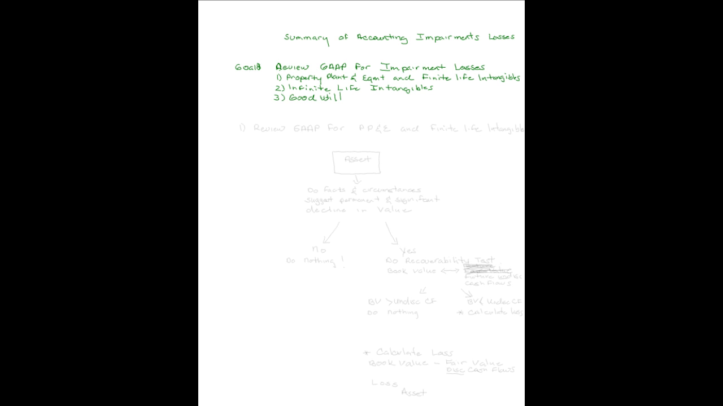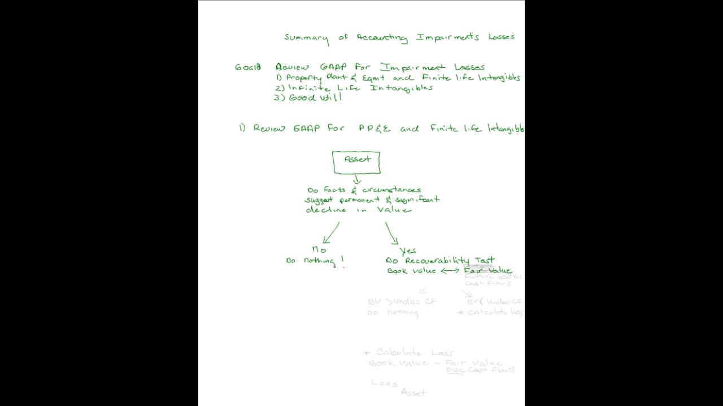So, we'll start then with impairment losses on property, plant, and equipment and finite life intangibles. Do facts and circumstances suggest a permanent and significant decline in value of an asset, that is, property, plant, and equipment, or finite life intangible? If the answer to that question is no, then do nothing. If the answer to that question is yes,